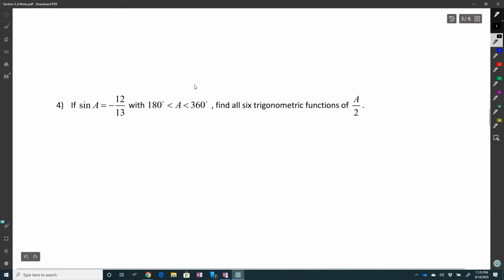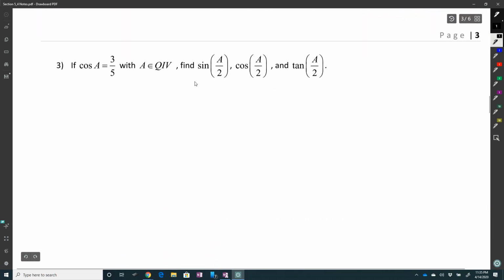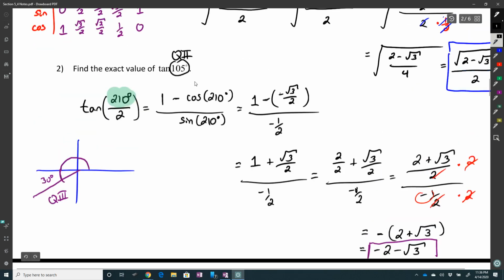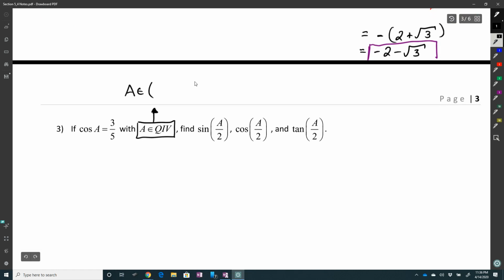So now we're going to do two of these. So if cosine of A is 3/5 with A in quadrant 4, find sine, cosine, and tangent. So here, let's figure stuff out. If A is in quadrant 4, that's going to be, quadrant 4 is 270 degrees all the way to 360 degrees. Okay, if you multiply that by a half, then you get